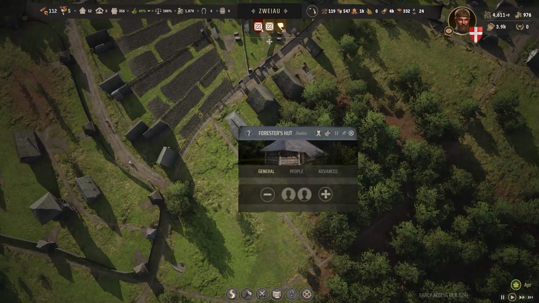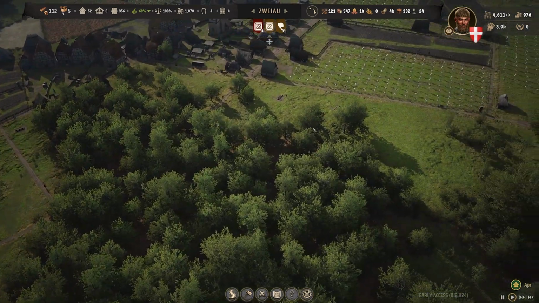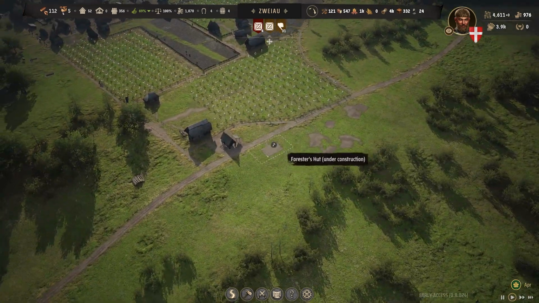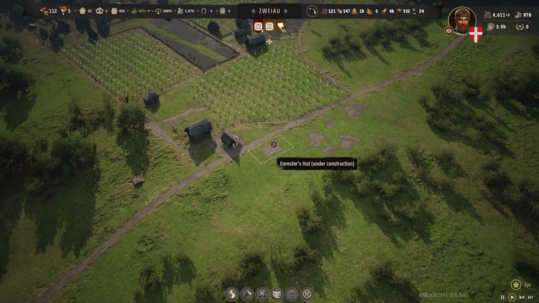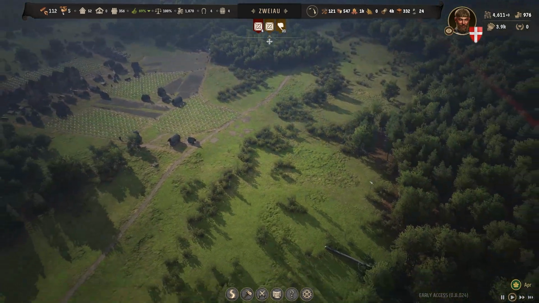Right, we're going to get rid of this forester's hut. We don't need it anymore because I'm thinking about putting a few more burgage plots and stuff in here. You'll also see our coal pits have now been removed, and over here we're starting a new logging area. We've moved a logging camp along here. We've got a new forester's hut and a woodcutter's lodge here with a plan to reforest this area and start